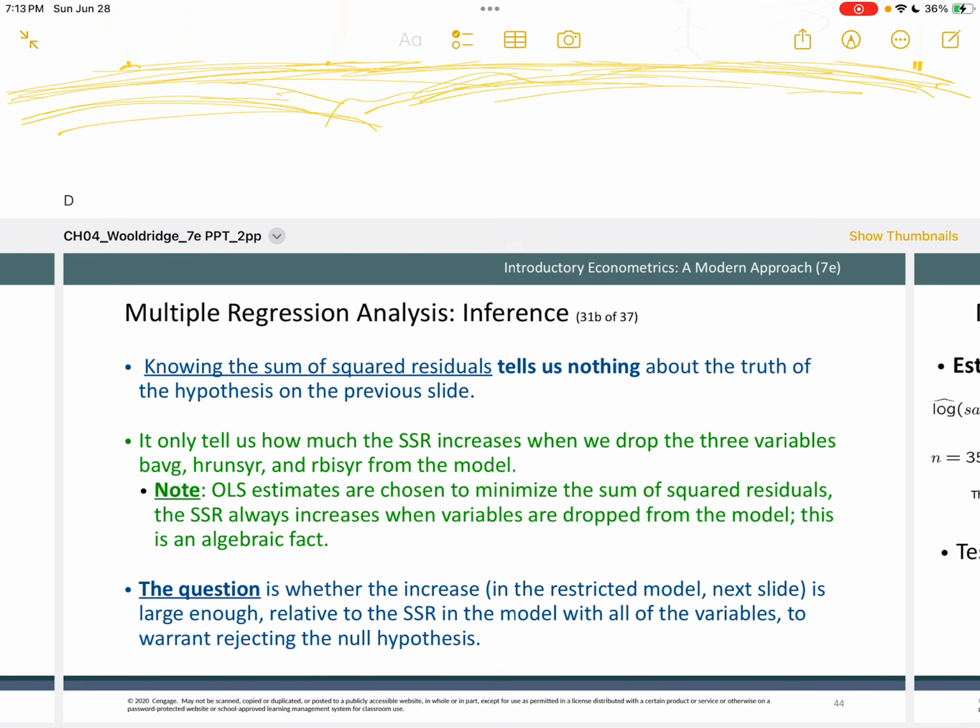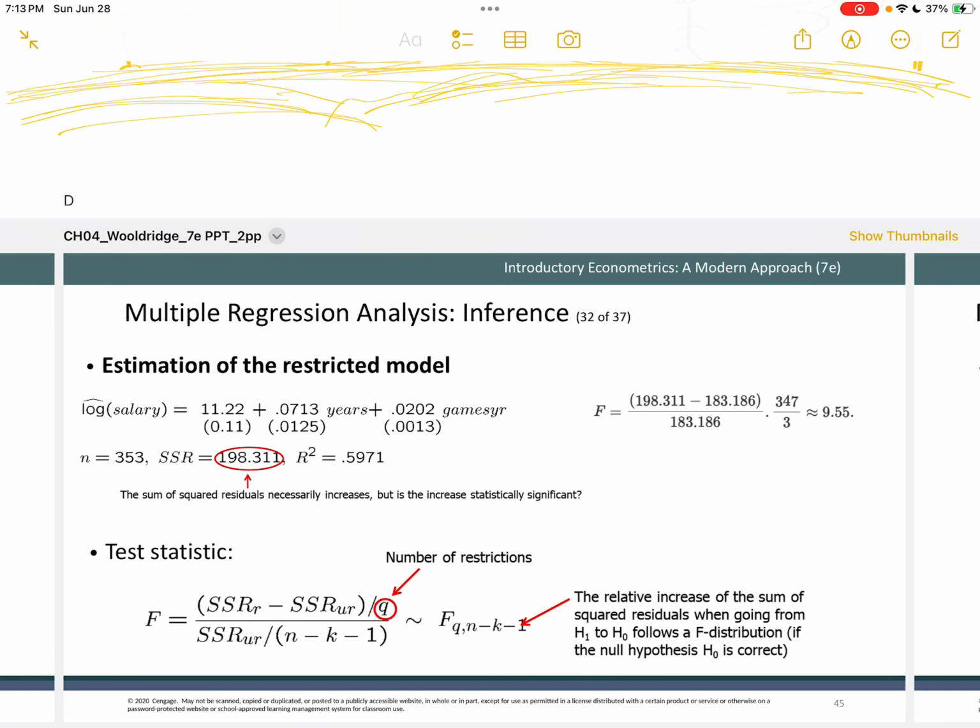Now, the increase doesn't really tell us anything. The question that we are after is whether that increase is large enough relative to the sum of squared residual in the unrestricted model to warrant rejecting the null hypothesis. And so you will notice that the test statistic that we'll use here is known as the F-test. The F-test in the numerator will take the difference between the restricted sum of squared residual, which grew because we dropped some variables, and the unrestricted sum of squared residual, and divide that by the unrestricted sum of squared residual,